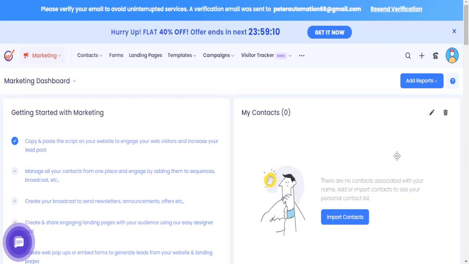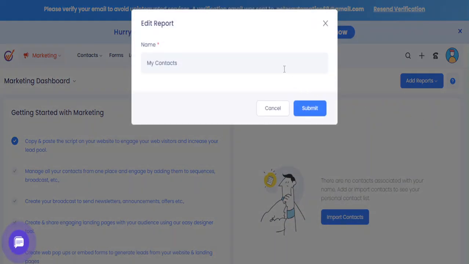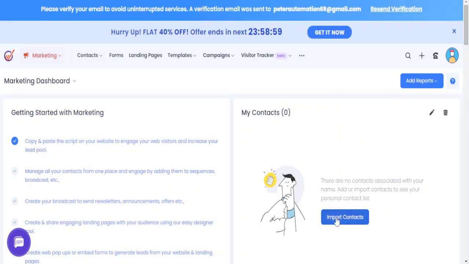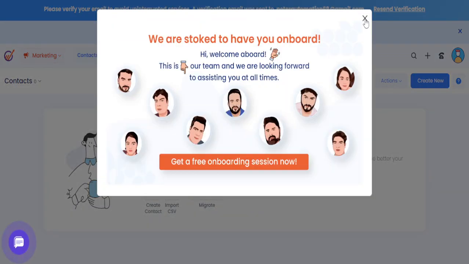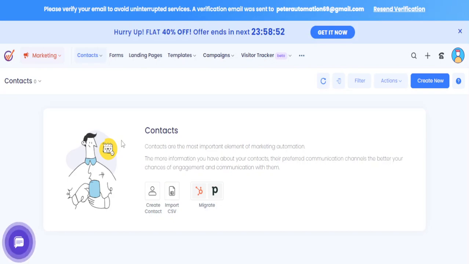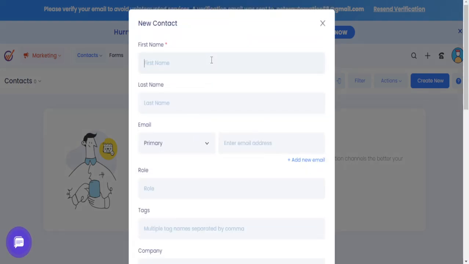And we'll see right here guys that we don't have contacts right here, but we can edit this report. We can edit it, and we can also import contacts. Okay, we don't really need this. So here guys, we can import a CSV. We can migrate the contacts, and we can create a contact. So I will create a contact, which name it will be